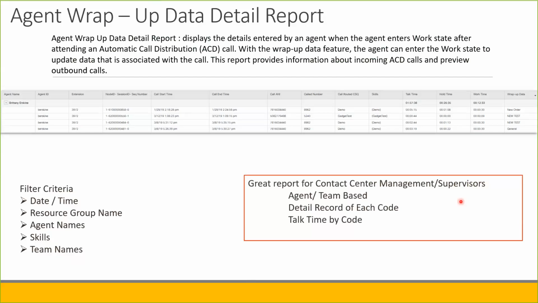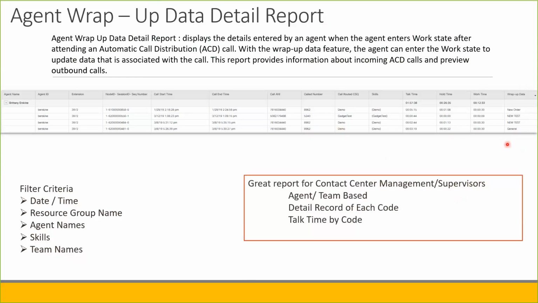So if I'm looking at this and I'm looking at Brittany for the day, right? How many new order calls does she have versus new test, right? And this is by, of course, CSQ. I have CSQ here routed. So are these appropriate to the CSQ that was routed? The other piece